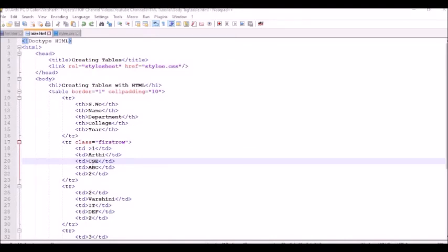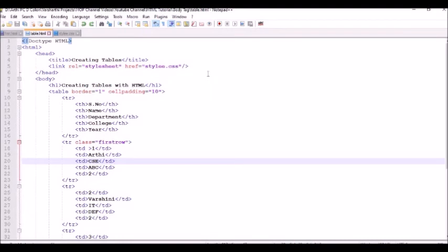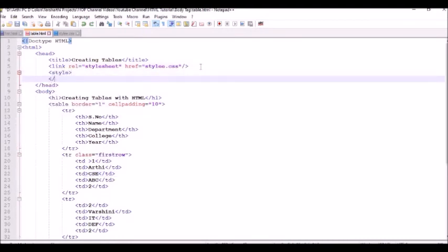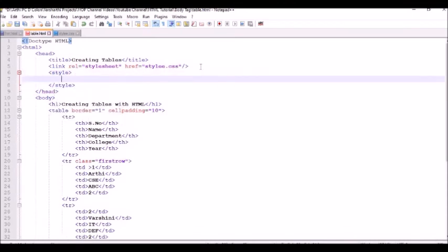To provide CSS properties using internal CSS, you should define your style options inside your style tag. For example, we can define the class attribute for the second row as "second row" itself.